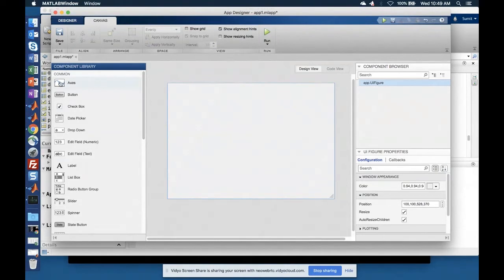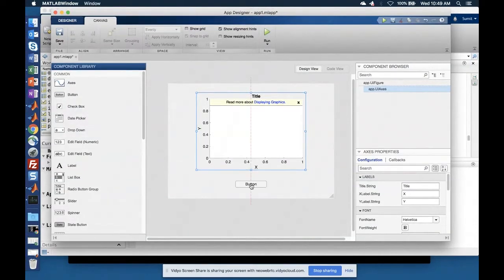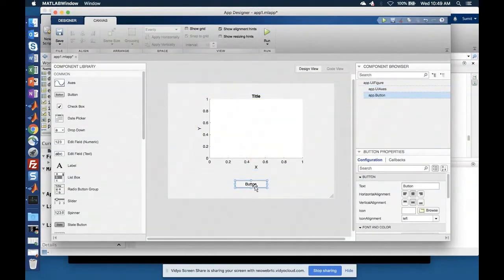So in this case, if I want to create an app to plot a 3D plot, I'll throw in an axis here, and I will throw in a button here, which will allow me to interact with the app. I can double click on the button and change the name, say Plot Peaks. I could also do it from here.